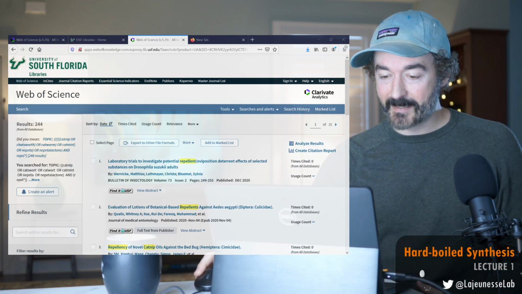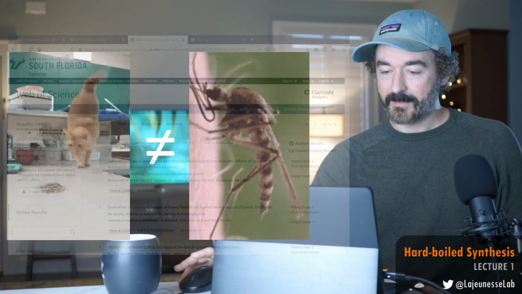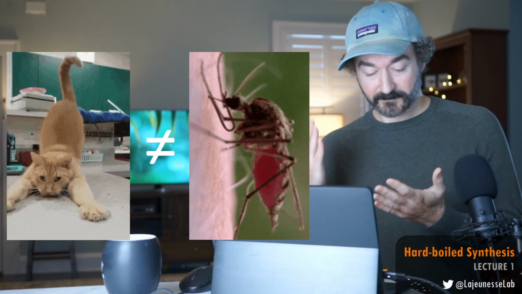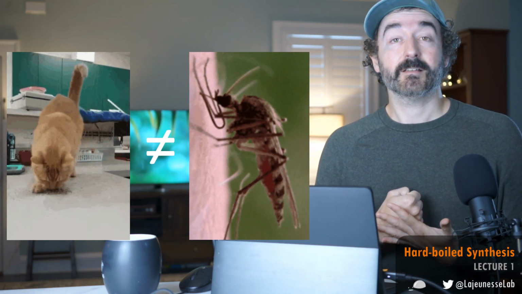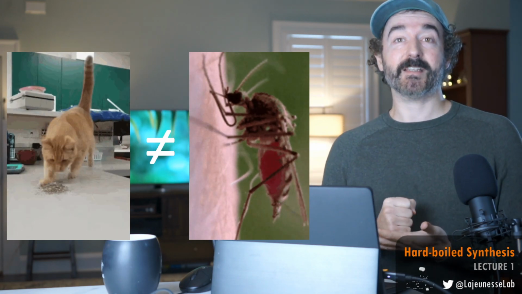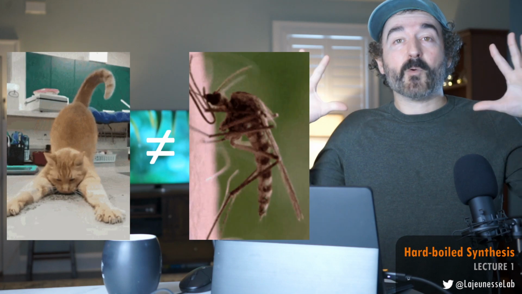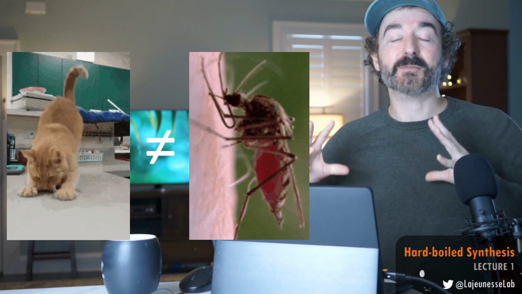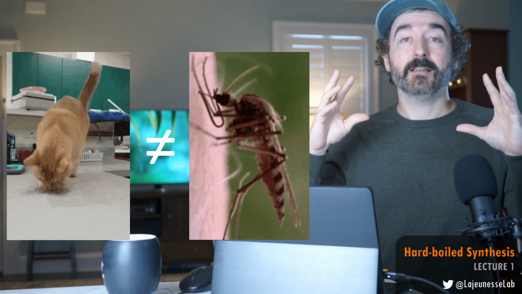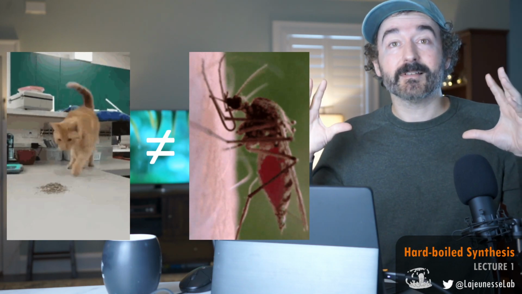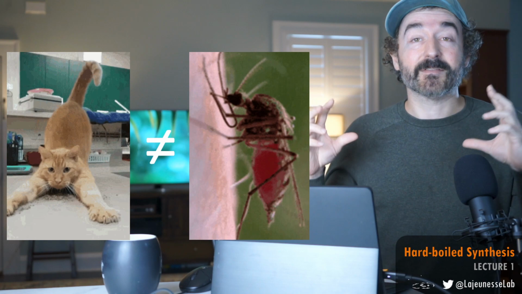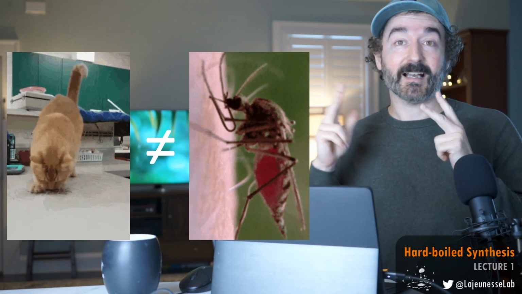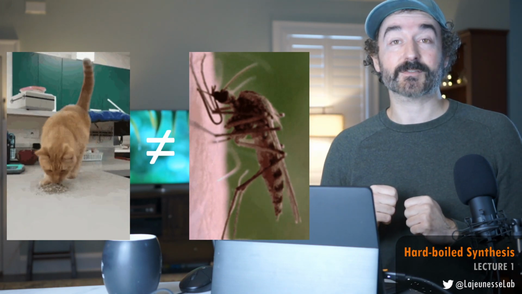Let me just quickly summarize what I did today, what the point of the course is. My goal is to synthesize studies that use catnip as a repellent to mosquitoes. I want to test this claim that's floating out there where catnip is 10 times more effective than DEET. To me, this is a bizarre claim. I feel like there's some sampling error where a study just did not have adequate sampling and achieved this result. I'll talk a bit about that in the following lectures.